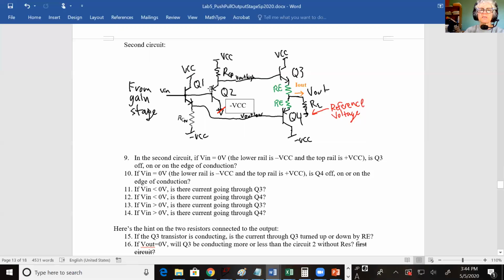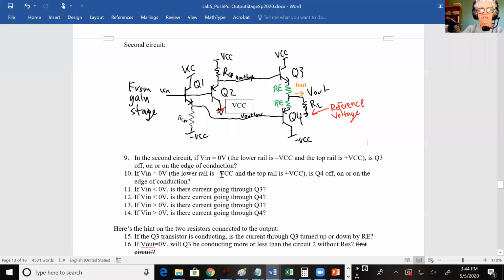And I flipped this one, it's still a common collector, but it's a flipped common collector. So whatever V in is, it gets shifted up by a VB on, and that's V out high. So V out high is plus VB on, V out low is minus VB on. So now you have your 2 VB on difference between the bases. I'm talking fast because everybody's in the breakout room. And if you set V in equal to 0, then both Q3 and Q4 are on, because they both have a VB on across their base emitter